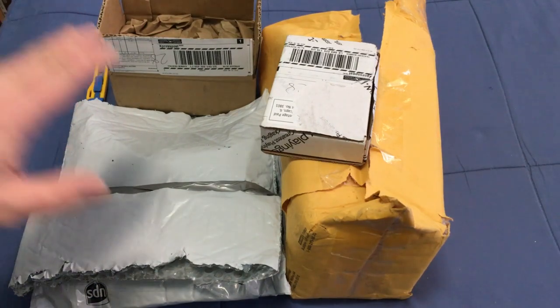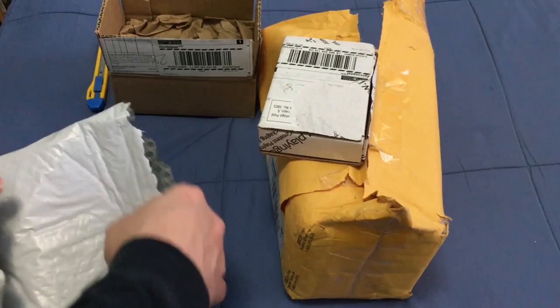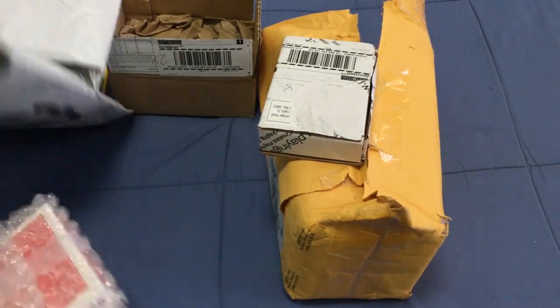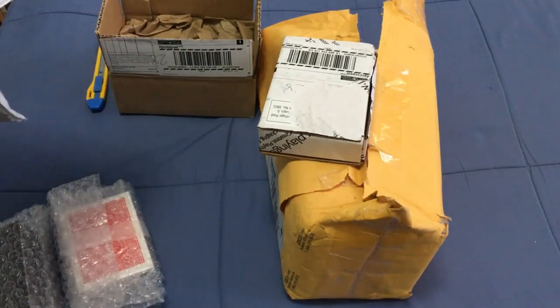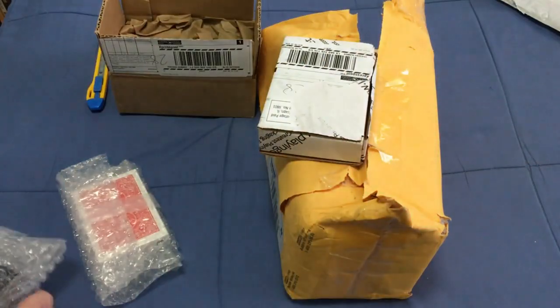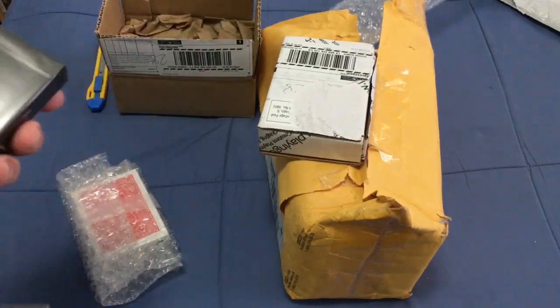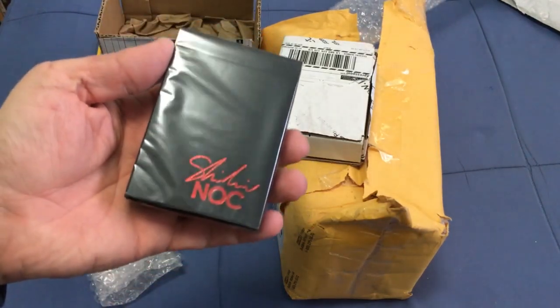First of all, I have one here from Murphy's Magic. And there's 2 decks. Actually 3 decks. First, we have a Sid Lim Knock, which